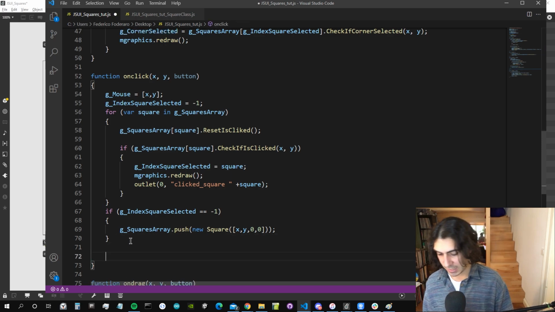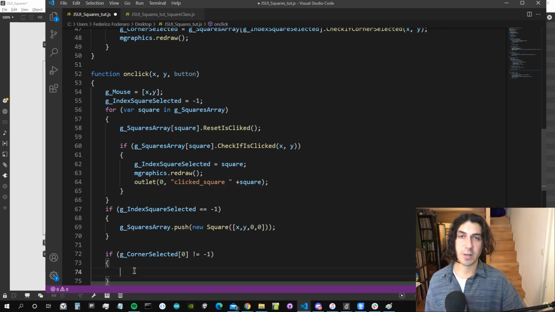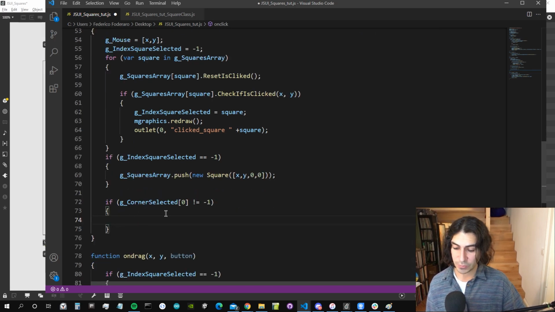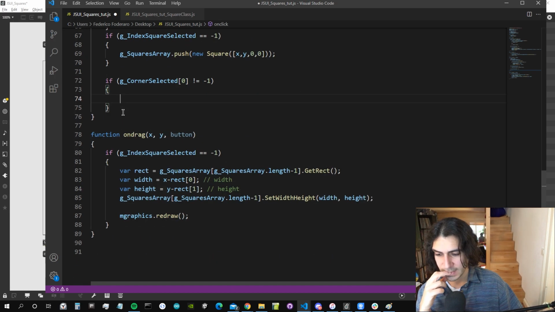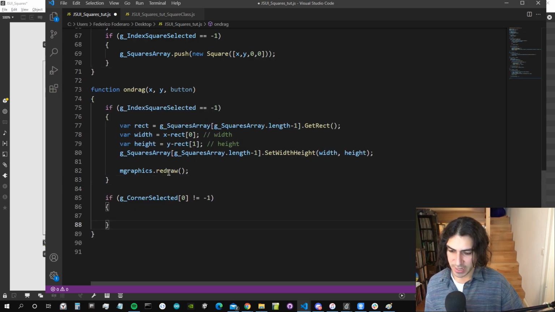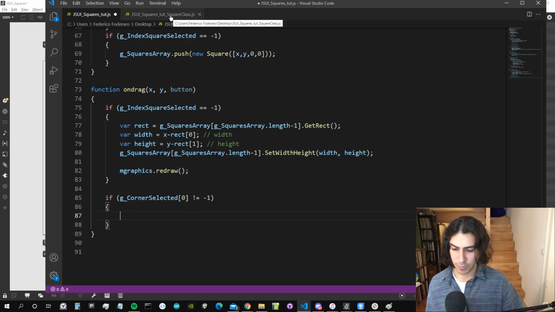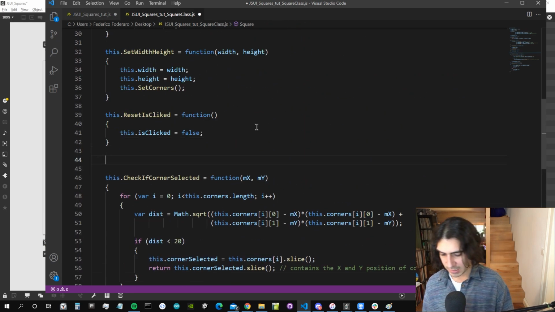And then under that, let's say if gCornerSelected 0, so the first element of this array, the X position, we could take also the Y, doesn't really matter, we just have to check that it's different than -1. If this is true, then we want to resize the square. Actually, I think we want to do it directly in the onDrag function. So in the onDrag function, after that, if gCornerSelected is different than -1, we want to resize our square. So inside our square class, let's make a function, say resizeSquare, that takes the mouse X and Y,